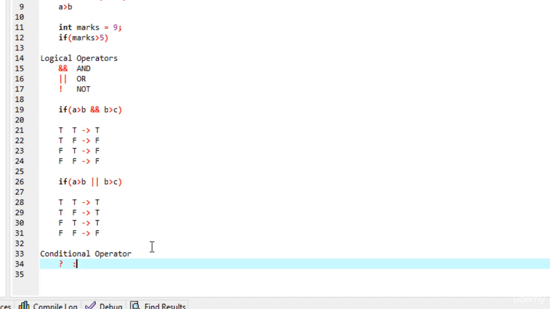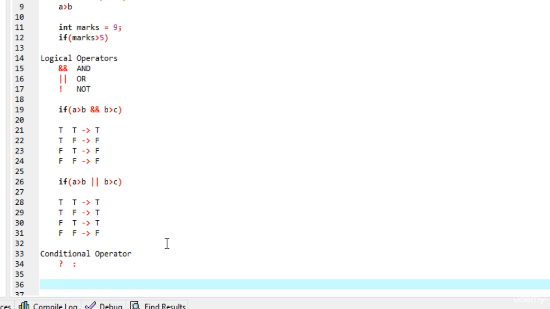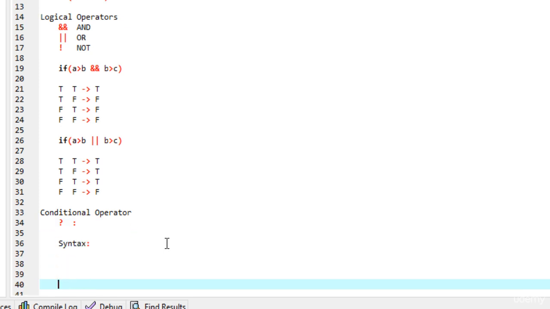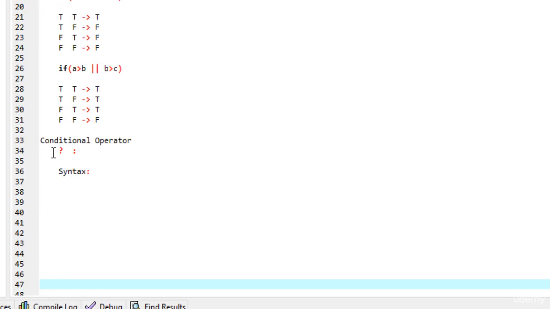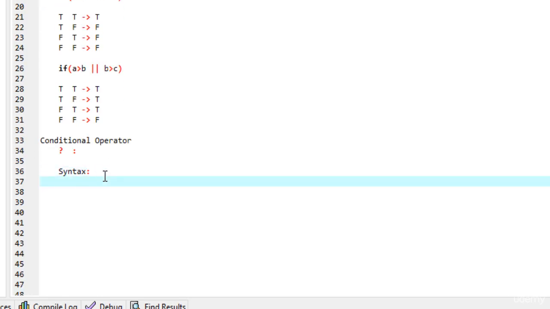Let me show you. Its syntax says first we will write the condition, then a question mark, expression 1, then colon, then expression number 2, then a semicolon to end the statement.